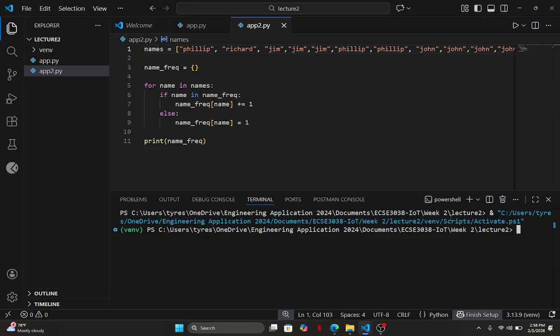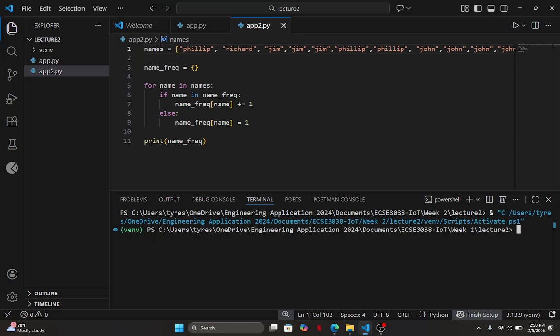I googled how to run scripts in Windows. The error I was getting before is because by default, some versions of Windows don't allow you to run scripts. The script it's trying to run is activating the virtual environment. We are telling the terminal that whatever you type in here should be done within the context of the virtual environment. So when you tell VS Code to use the virtual environment version of Python, you can close the terminal and reopen it, and it will just automatically activate.